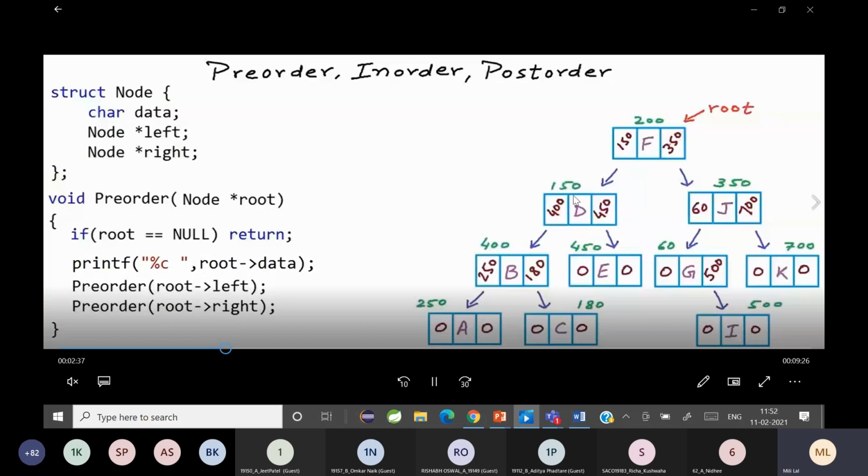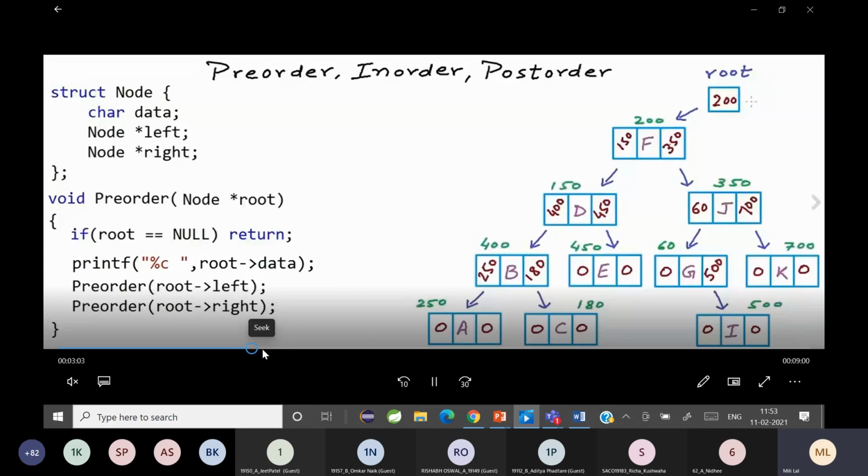Now every node has an address. As you can see, it's getting assigned an address. So 200 is pointing to 150 on the left side, and 200 is pointing to 350 on the right side. Every left side is pointing to the left address and every right side to the right address, and the root node is at 200.